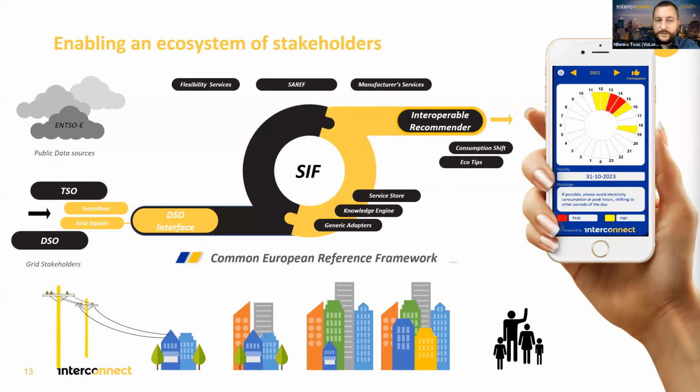InterConnect, our approach goes towards building the SERF, a semantically interoperable ecosystem of key stakeholders. On one side, we have public data sources like the ENTSO-E Transparency Portal, for example, and different regional, country-specific data sources. We also include grid system operators through the DSO interface and additional service adapters. From there, we get data and grid signals that are fed into the recommender system. The data flow